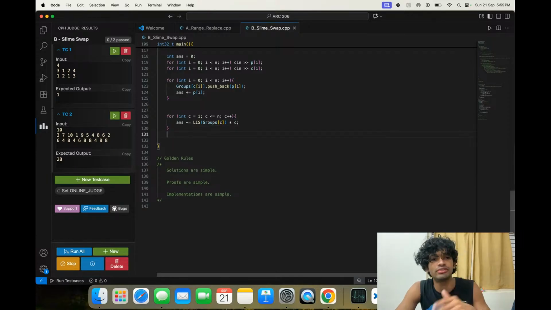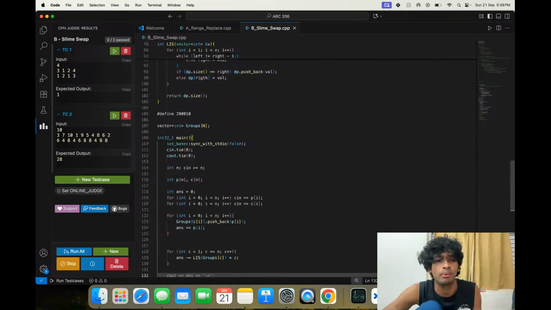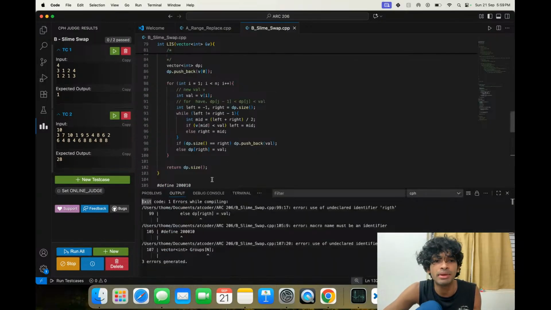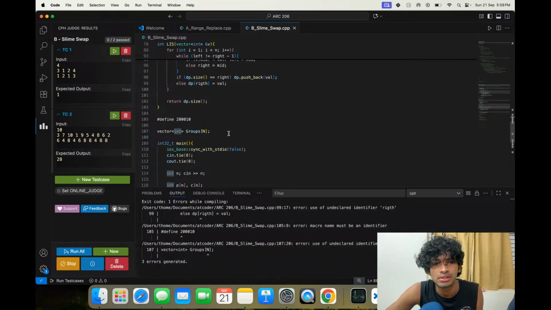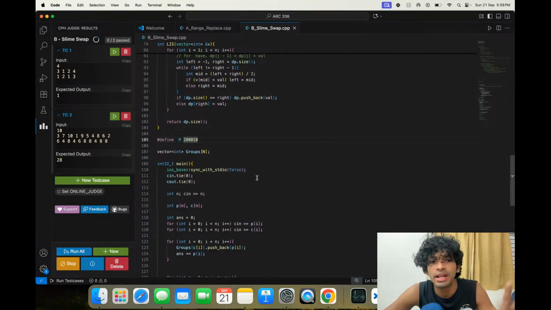Why? Each of them costs the same weight c, right? And then we'll output answer. See, simple and nice codes for all the problems. People might have even copy pasted this one.